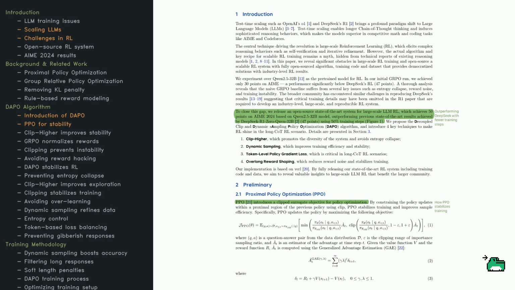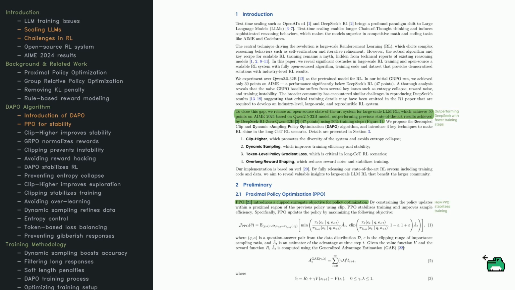Here, Qwen 2.5 32B is tested, and a straightforward RL baseline scores only 30 on AIME, a big gap from DeepSeek's 47. Why is it so low? Traditional RL techniques struggle with entropy collapse, reward noise, and instability. DAPO addresses these issues with 4 key ingredients: increasing policy diversity, refining sampling strategies, improving loss functions, and shaping rewards